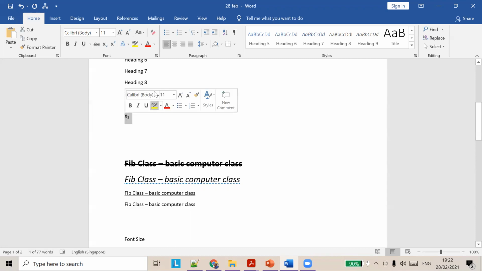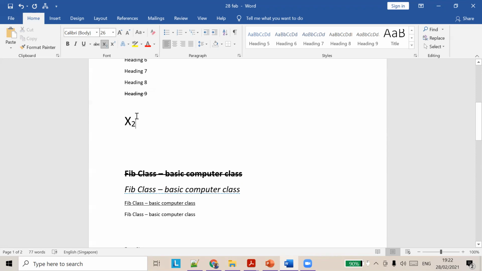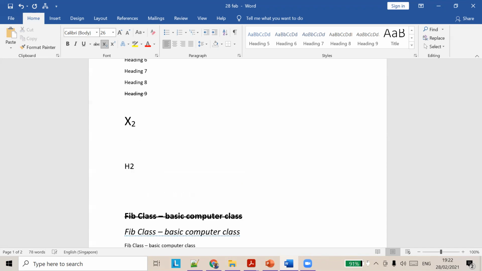You can see the font here is slightly lower than this one. Usually for chemical formulas we use this, like H2O. H2O is water, right?